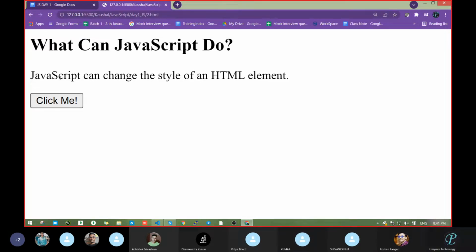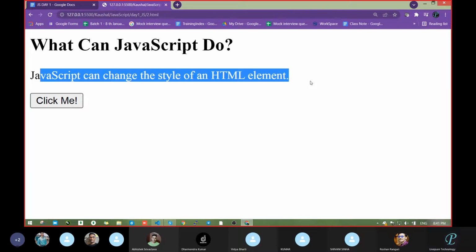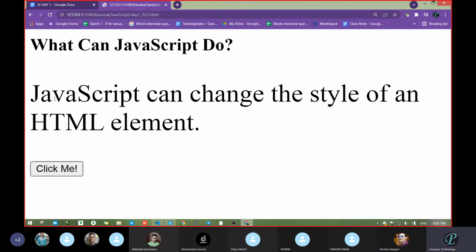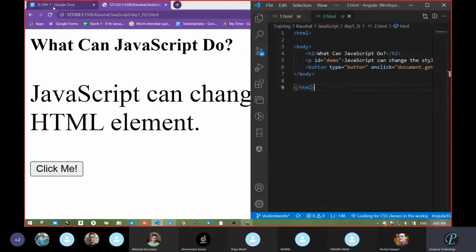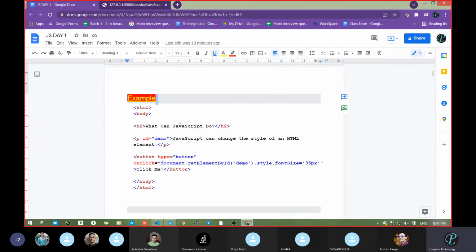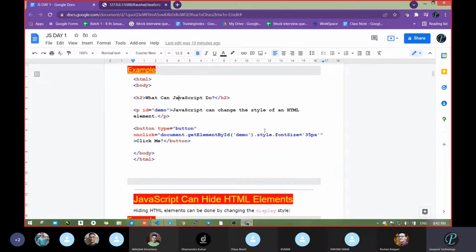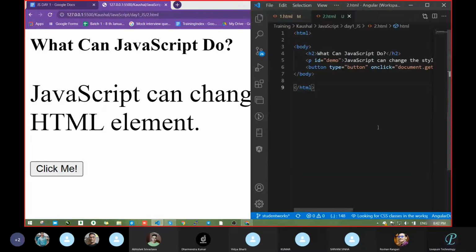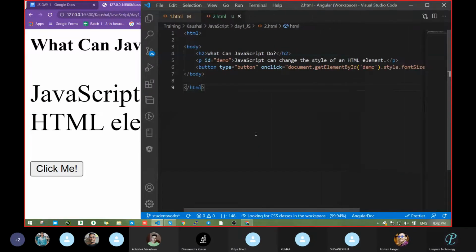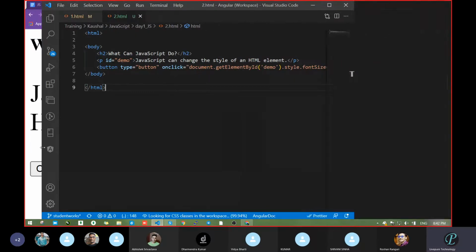So now what is written there? Read the content. Fast. Time has become 9 o'clock and we have still not covered something. JavaScript can change the style of an HTML element, correct? Yes, sir. Click here. What happened? Where is the style? Somewhere, I think. Wait. Okay, that font size. Fine. So see the code. Maybe you will get some idea also.